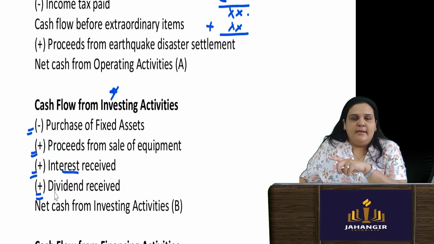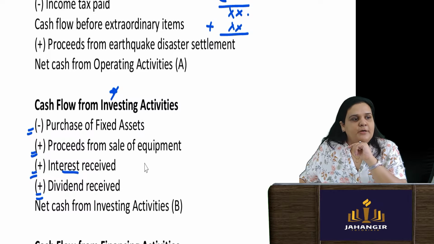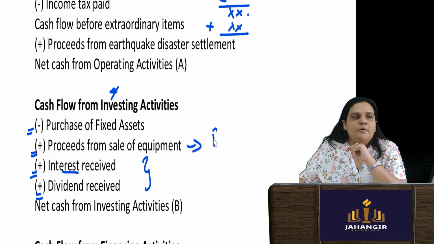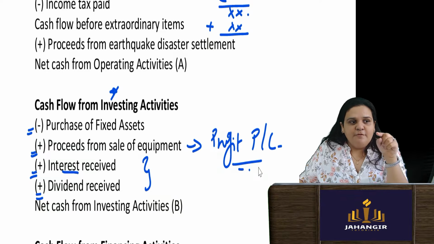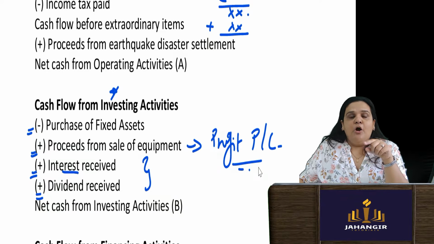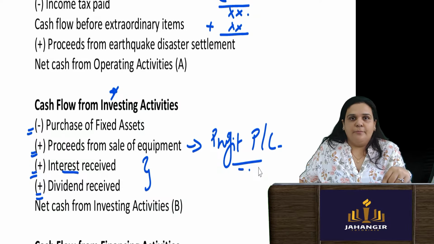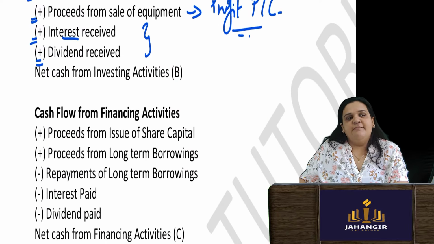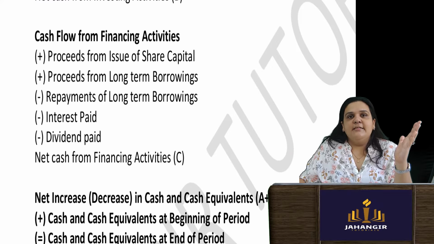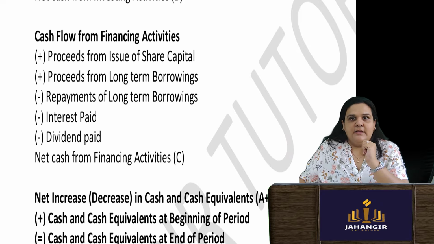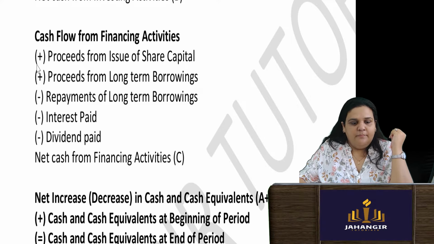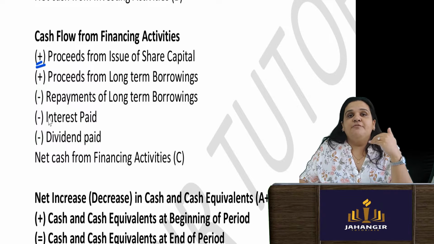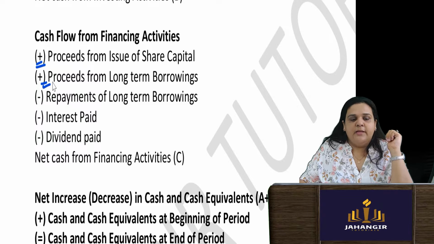Dividend we put in the P&L. Interest received also we put in the P&L. Profit from sale of the equipment also we put in the P&L. Everything goes in the profit and loss statement. But this particular statement tells me from which activity I am getting that cash in, or for which activity that cash is moving out. So you can get cash from investment activities. And the last one is cash from financial activities. If you have raised capital in the form of share capital, money is going to come in. If you are raising capital in the form of loans or debentures, money is going to again come in.